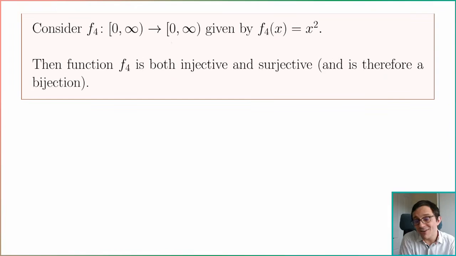And then finally F4, I thought I'd give you an example of a bijection where I've taken numbers that are non-negative, and if I square them I get numbers that are non-negative, and that is one-to-one properly, isn't it? That for every number in the domain there's a number in the codomain, and also for every number in the codomain there is a unique number in the domain. This function is both injective and surjective. You'll never have the case that x1 and x2, different numbers, map to the same point, and for every number in the codomain I can find you a number in the domain. Okay,